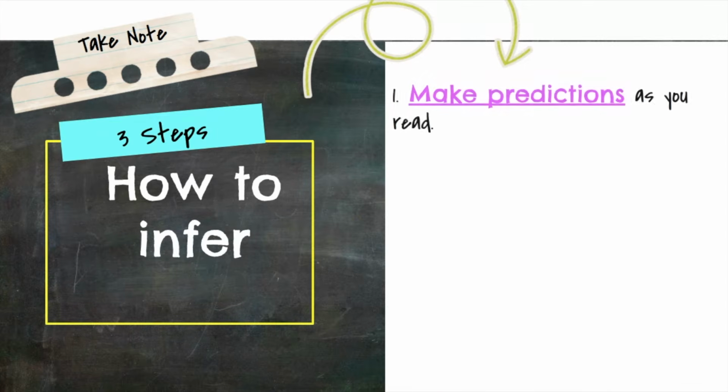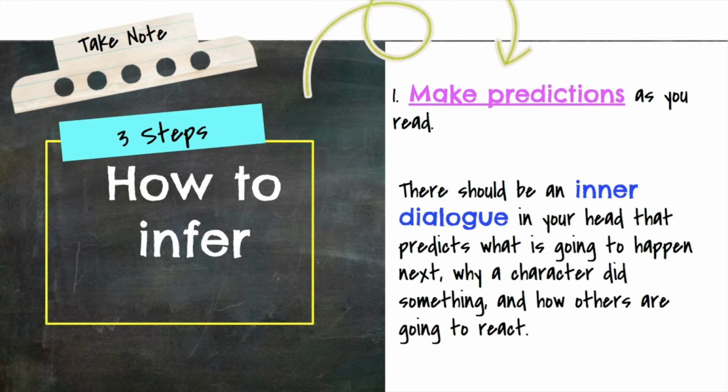So there are 3 steps to making an inference. First, as you read, you make predictions. There should be this inner dialogue in your head that predicts what's going to happen next, why a character did something, and how others are going to react. In addition,